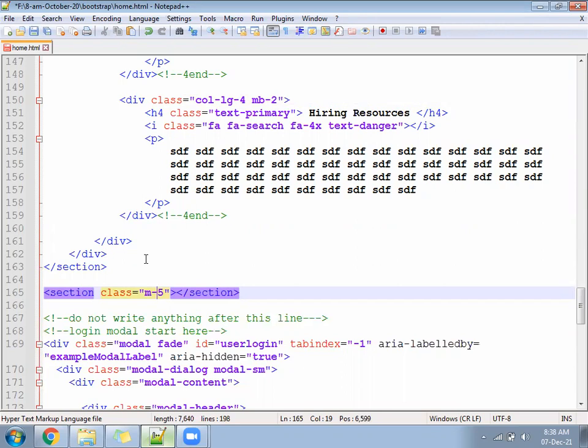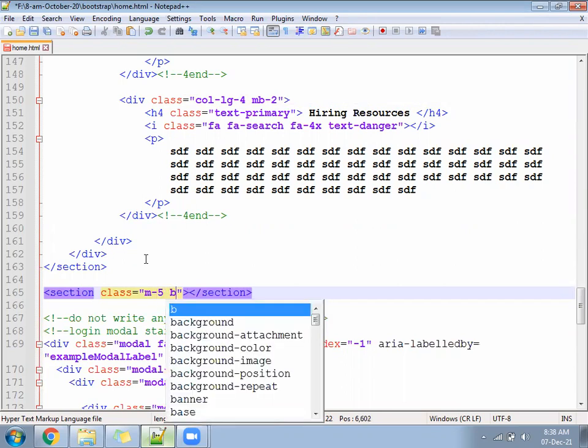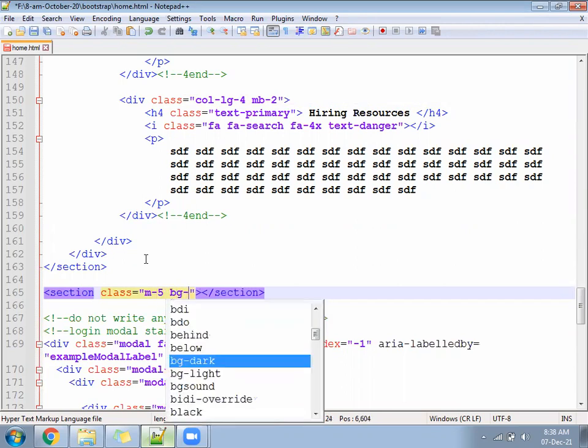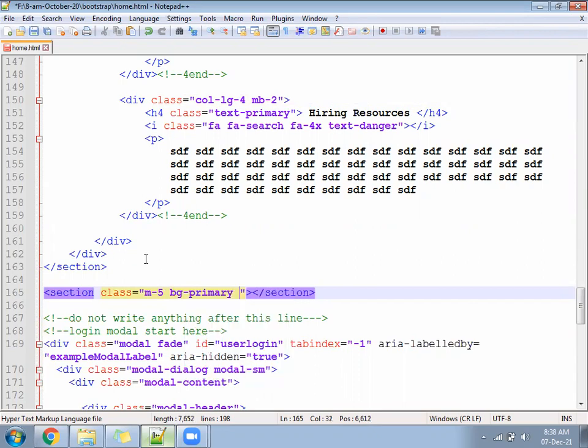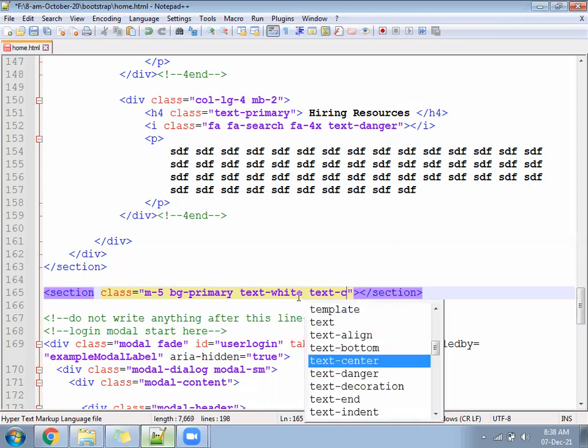After that, bg-primary, the background will come in blue color. Then if you are writing any text, the text should be in white color. After that, what should be next? Align should be center, text hyphen center. Text align should be center.